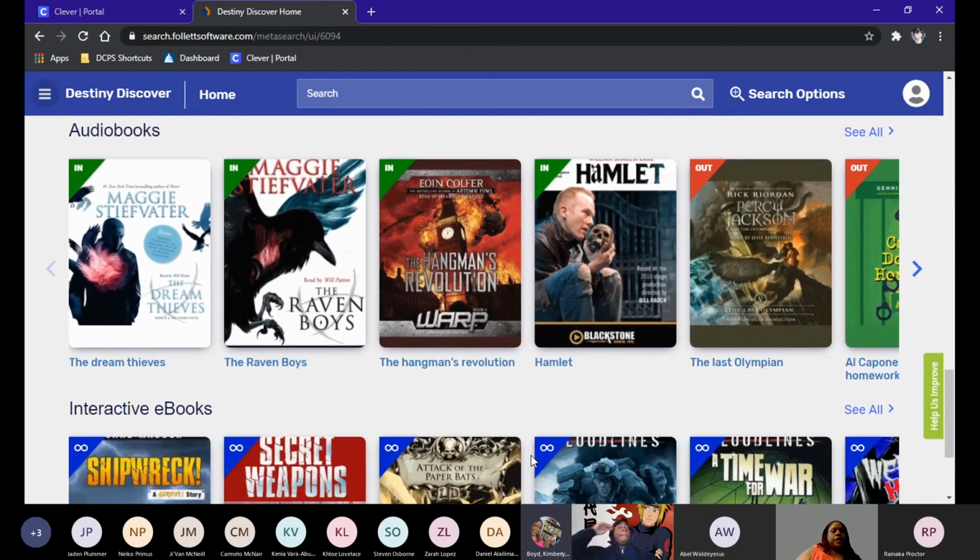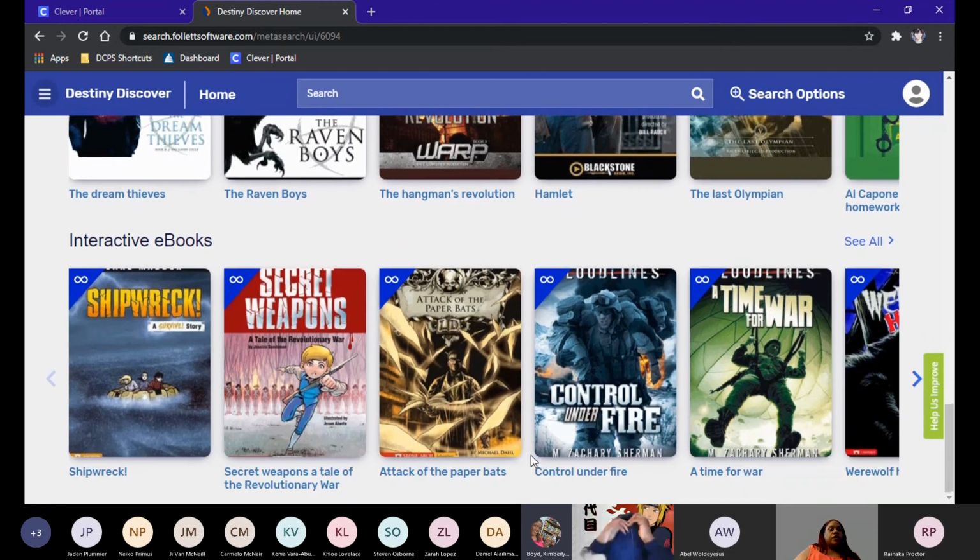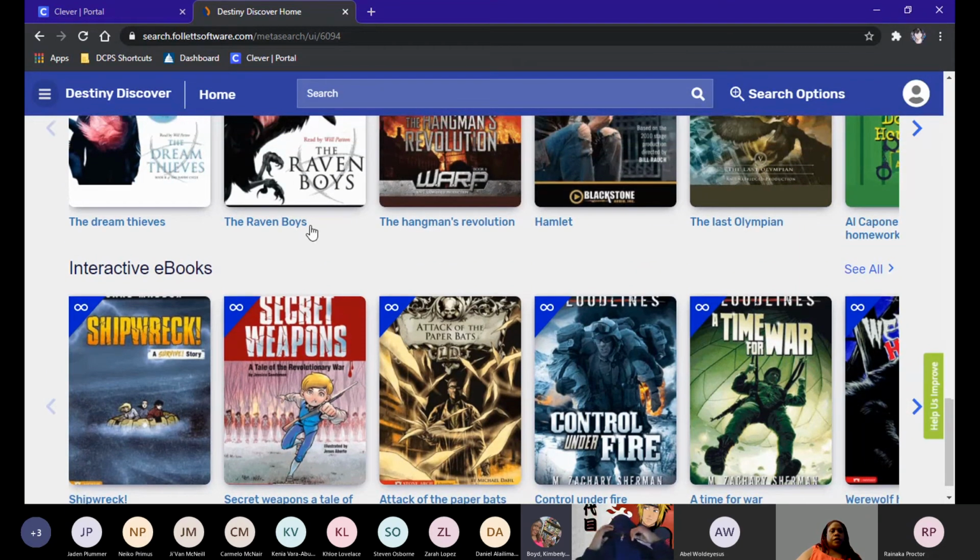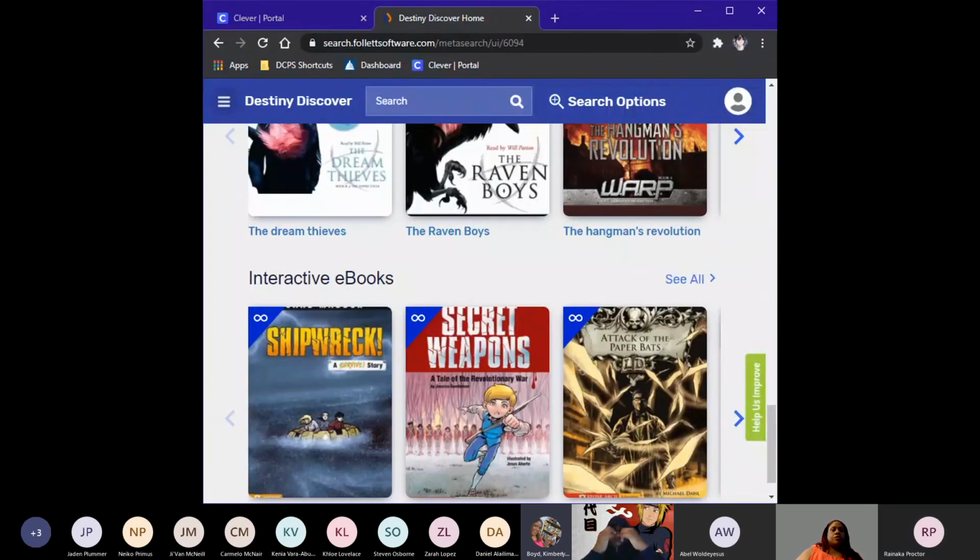Keep going. And then the interactive books were really a lot of fun because it sounds like you're in a theater and they have music and everything. I don't think you toggled on your sound when you shared your screen, Rainica. But if you were to click on Secret Weapons, I use that book as a demo all the time. It sounds like it's a television show. It's really just that nice. Okay, so